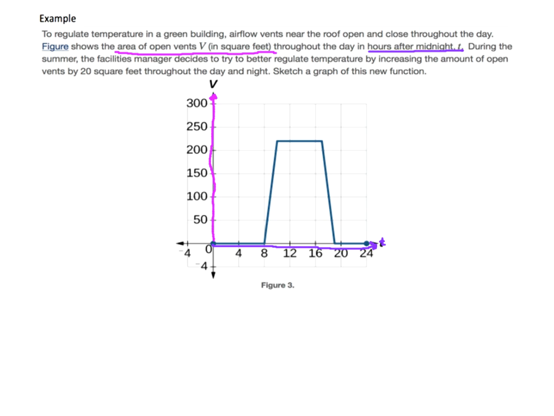That's time, and the vertical axis is V, which is open vents in square feet. So I guess they measured the opening of the vent, and this is how many square feet are open this